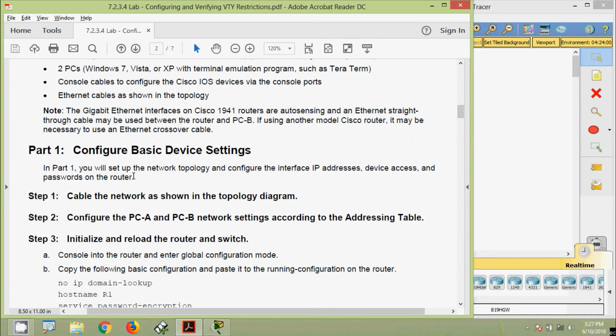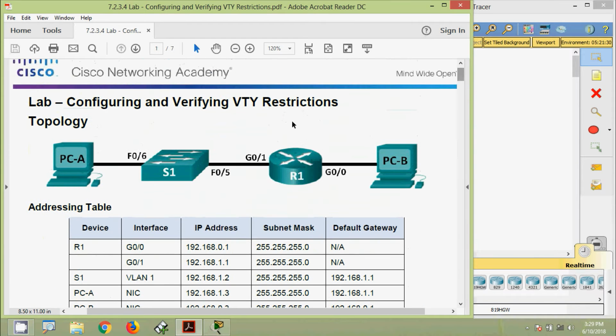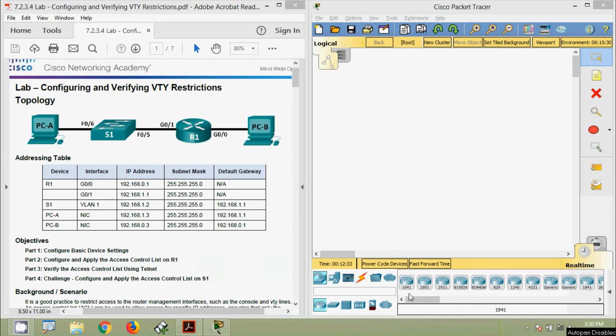Coming to part 1, configure basic device settings. In part 1, we will set up the network topology and configure the interface IP addresses, device access, and passwords on the router. Step 1, cable the network as shown in the topology diagram. Here is our topology. We are going to build and cable this topology on our Cisco Packet Tracer. One router 1941,